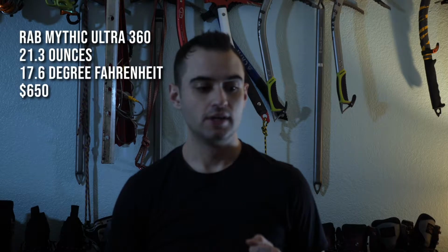So let's talk about sleeping bags for a minute. Now this is an interesting topic to me. I love sleeping bags, and lately I've been using the Rab Mythic 360. That's a killer sleeping bag. It's extremely light, and the weight will be on the screen, and it's rated for 18 degrees Fahrenheit. Now,